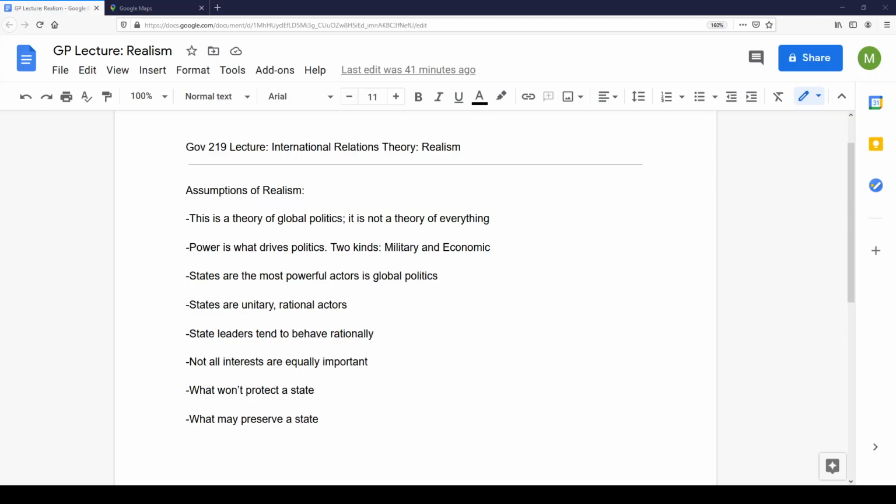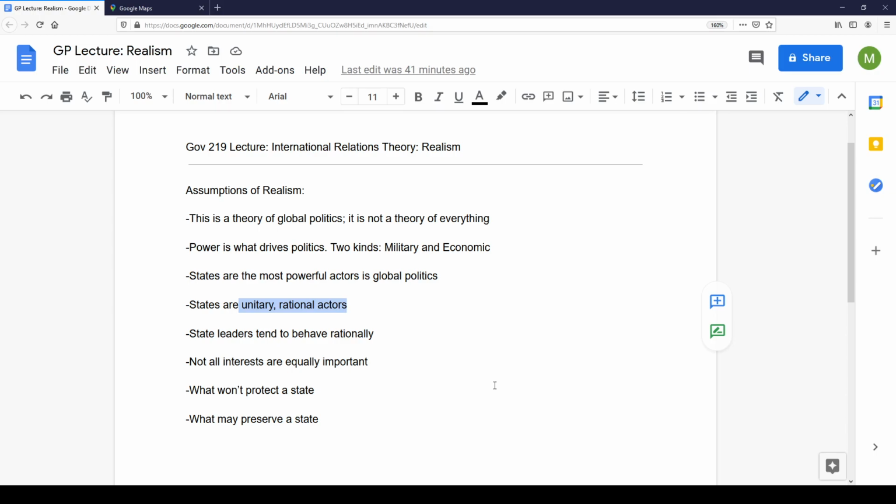All right, this next point is either very confusing or not at all confusing. And because this is a recording, I really don't know. But this is the point I'm talking about. It's highlighted. It should show up for you as well. And this observation about realism is also repeated in the Mingst, Toft, and the rest textbook, which is that states are unitary and rational actors.